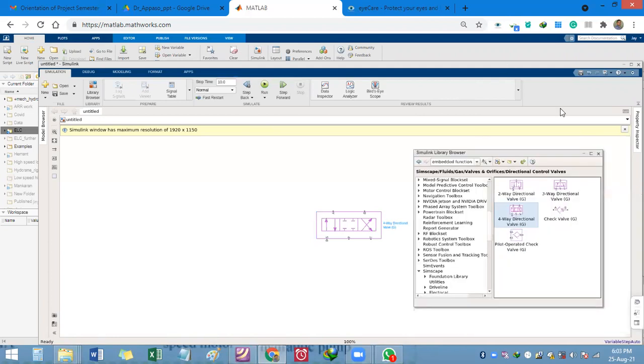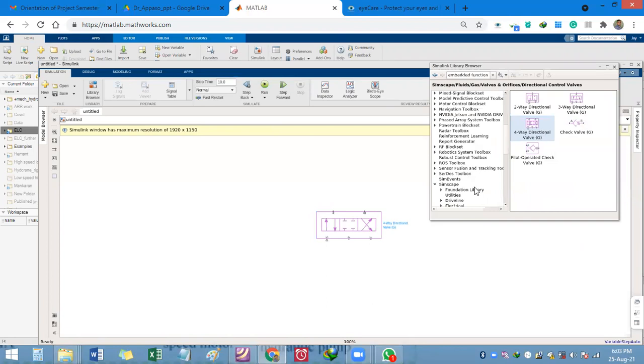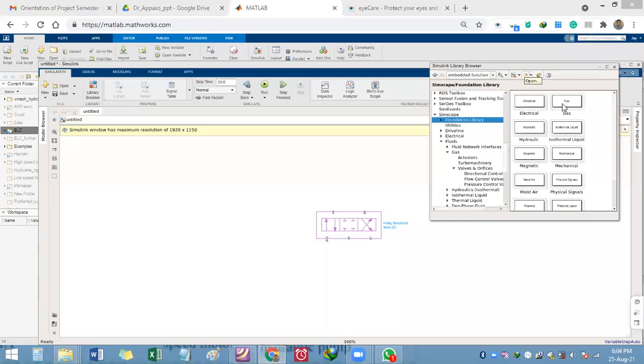So here we found the block DCV. Again, if you want to select a block like the hydraulic cylinder, then you can go to another place. Other blocks are also there.